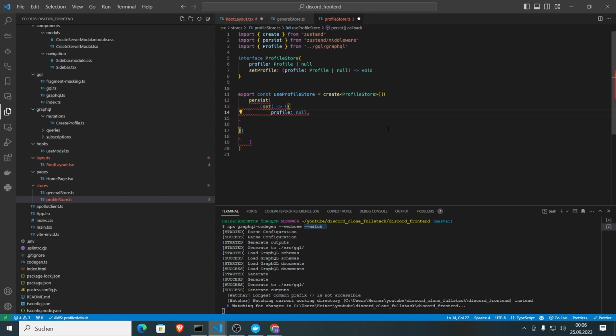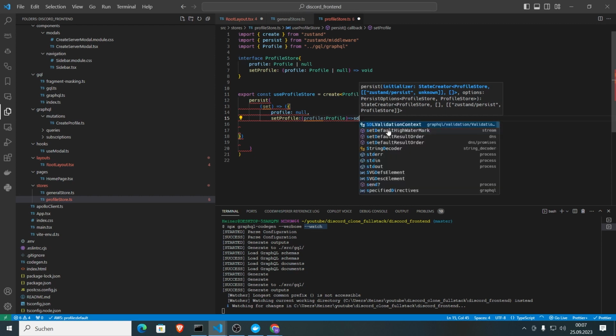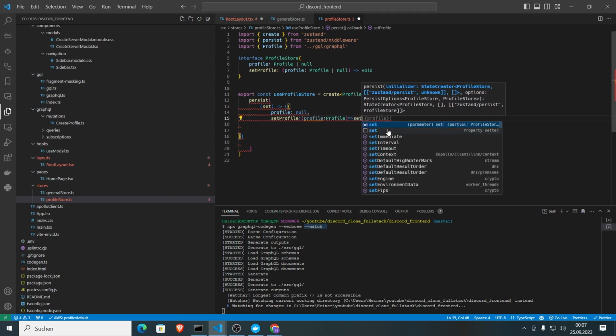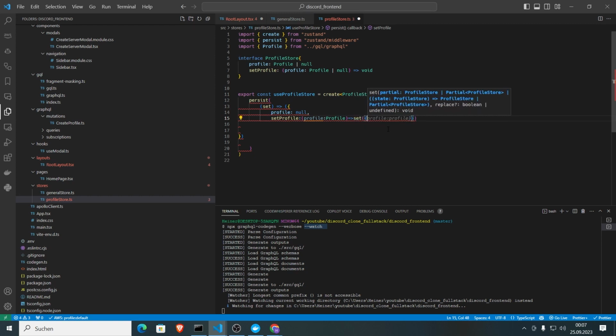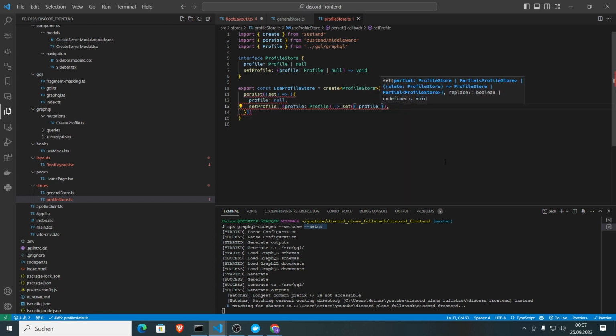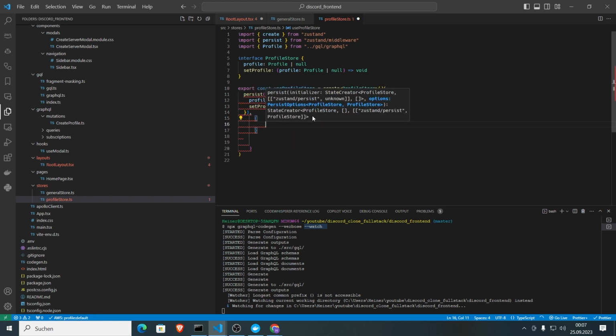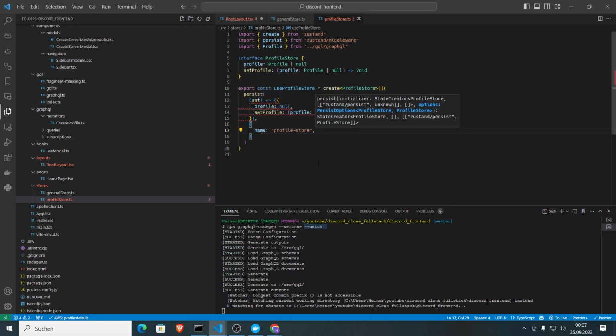And now we say initially the profile should be null. And then we have our setter here, which gets the profile, and then it calls set, and we pass in our profile. Like this. Now let's also make sure that we give it a name, and we name it profile store, like